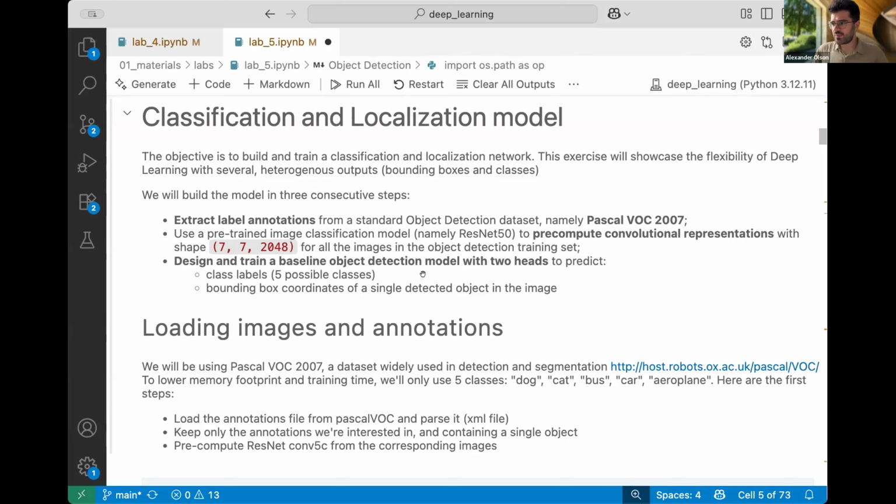And so there's 3 different steps that we want to do here. The first is to extract the data from the dataset. We have the label annotations in a kind of weird format in this dataset, and we're going to pull that out. The second is that we're going to take a pre-trained image classification model, ResNet-50, and